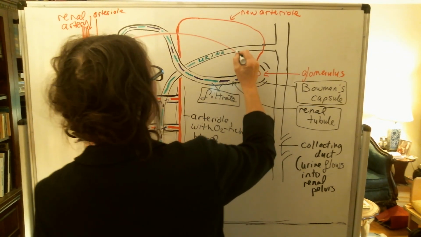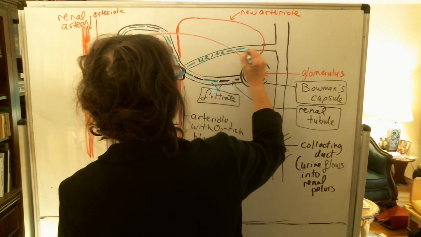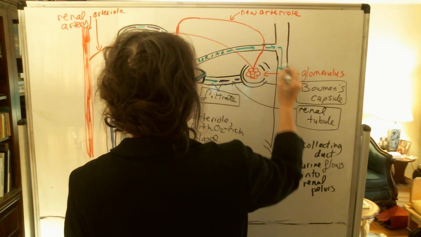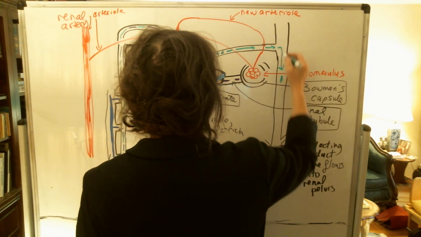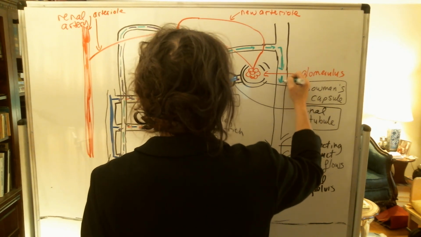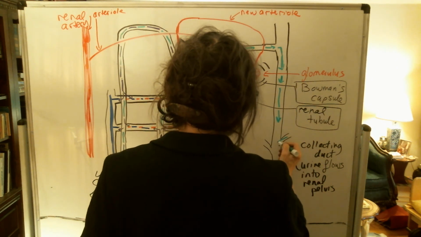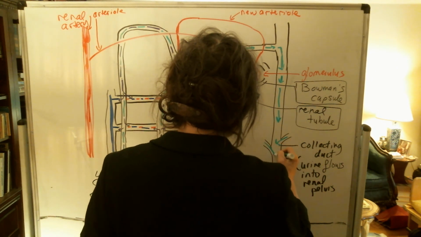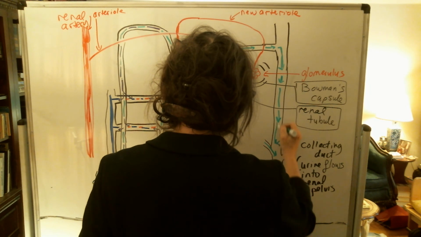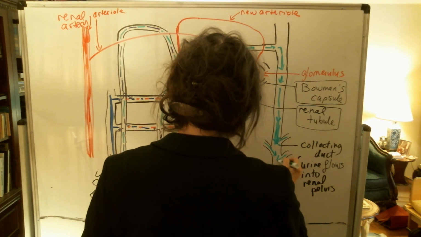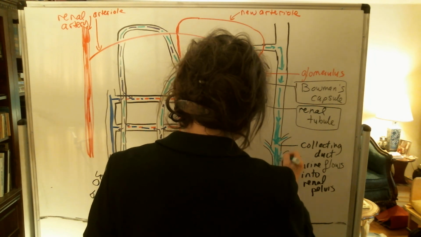And the urine then, of course, flows into the collecting duct. Urine from other nephrons flows into the same collecting duct, and you wind up then